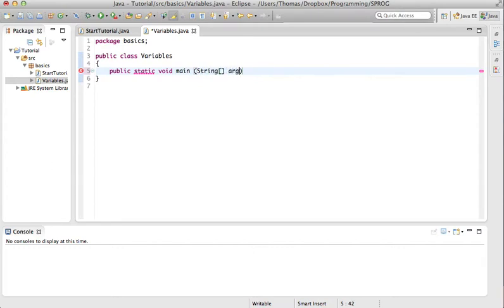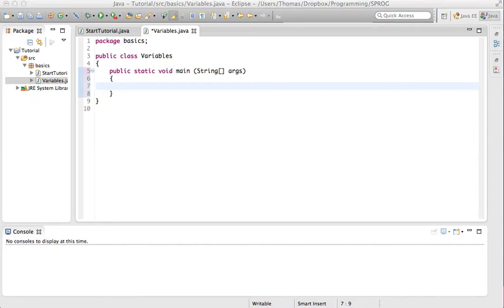and the usual stuff. As I said last time, we don't really have to understand what we're doing here right now. We'll talk about that later. Let's just get started. Variables will first have to be declared, and we do that by